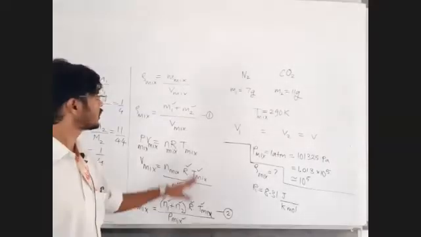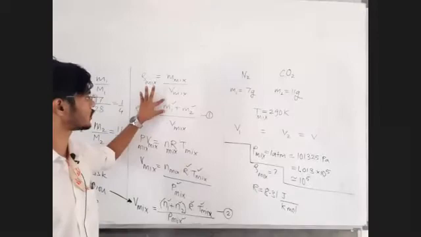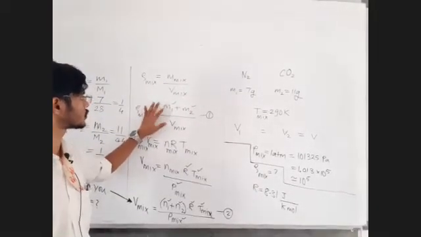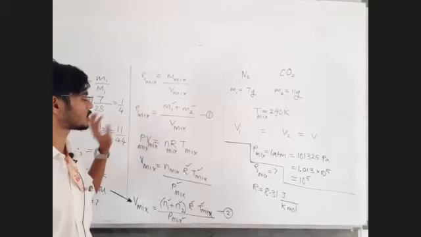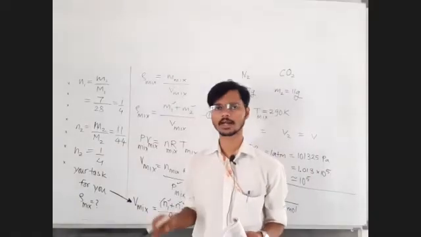meter cube and you will put the values of masses as they are. No, see, these masses are to be put in kilogram and this volume is to be put in meter cube, so that you can get the final answer in SI unit, kg per meter cube. Okay, and then you can convert that kg per meter cube into gram per cm cube.